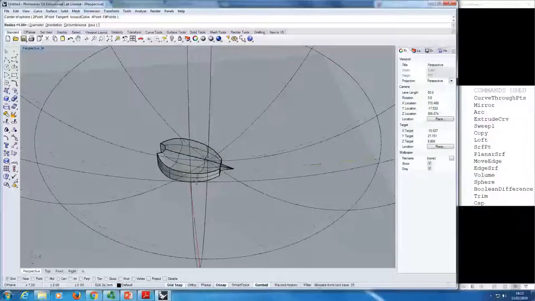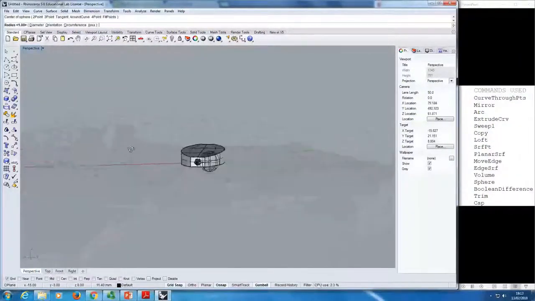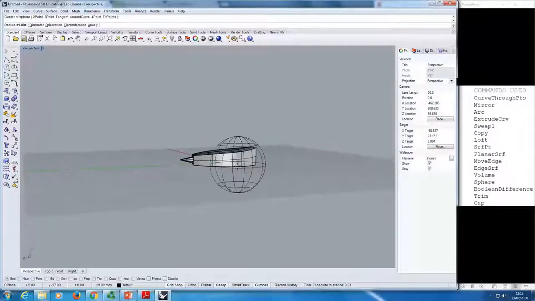What's gone? Sorry. Sphere. If you press escape, if something goes wrong, then it will be good. Yeah. So if I create my sphere